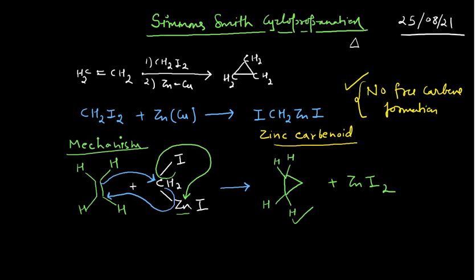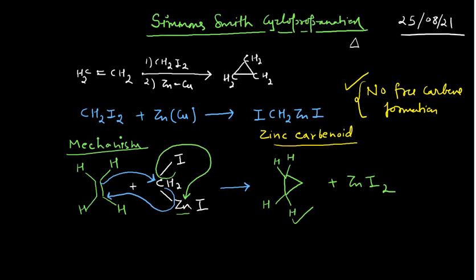What had happened in that case is this electron density has attacked this CH2, and then this iodine along with its electron pair will donate its electron pair to the d orbital of the zinc, form zinc iodide, and then this bond will attack this particular carbon. So, you can see the clear linkage between this and this. You are forming the 3-membered ring in that case, and you will end up with this particular species. This is something very, very important.